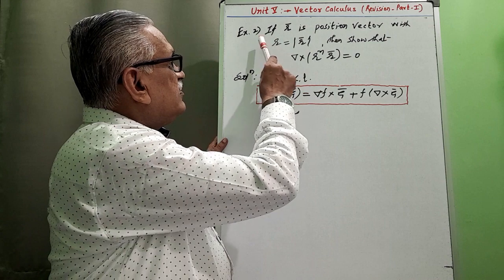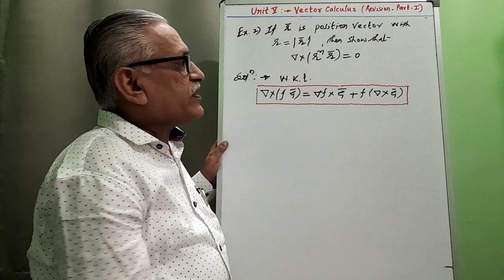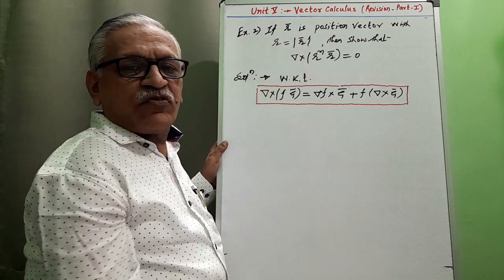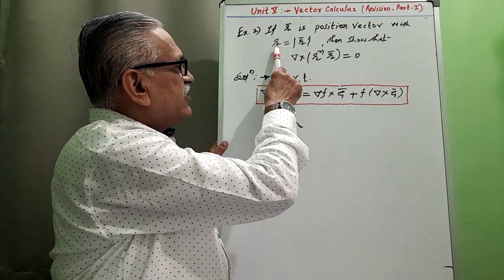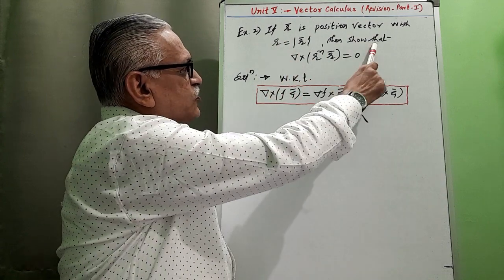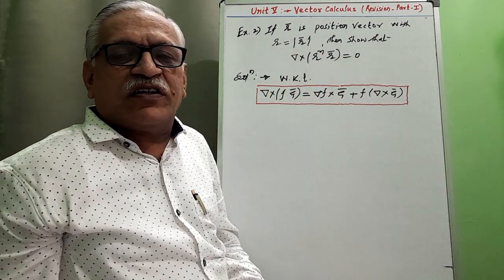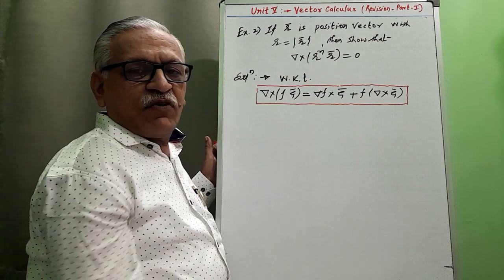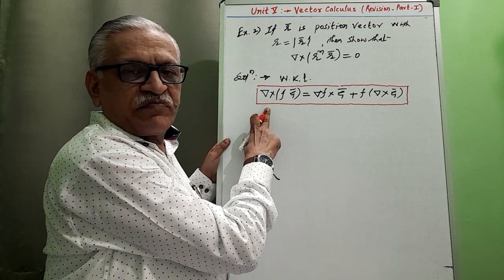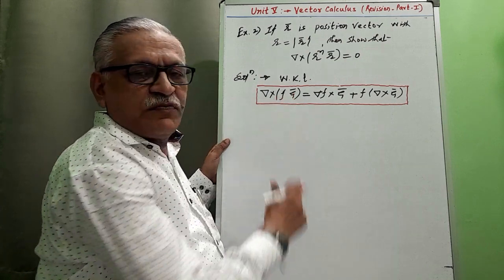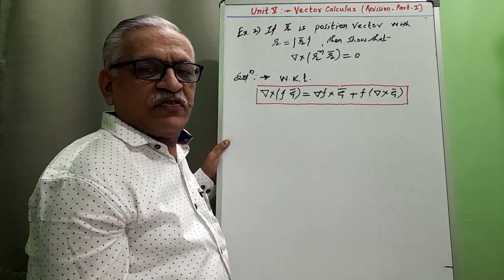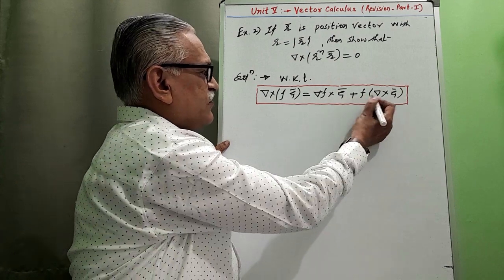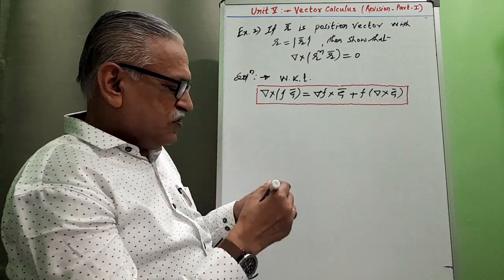Example number second, if r bar is the position vector with r equal to the absolute value of r bar, the magnitude of the vector r bar, then show that del cross r raised to n into r bar is equal to 0. To obtain this result we take the help of a known result. We know that del cross f into g bar, where f is a scalar function and g bar is a vector function, is del f cross g bar plus f del cross g bar,